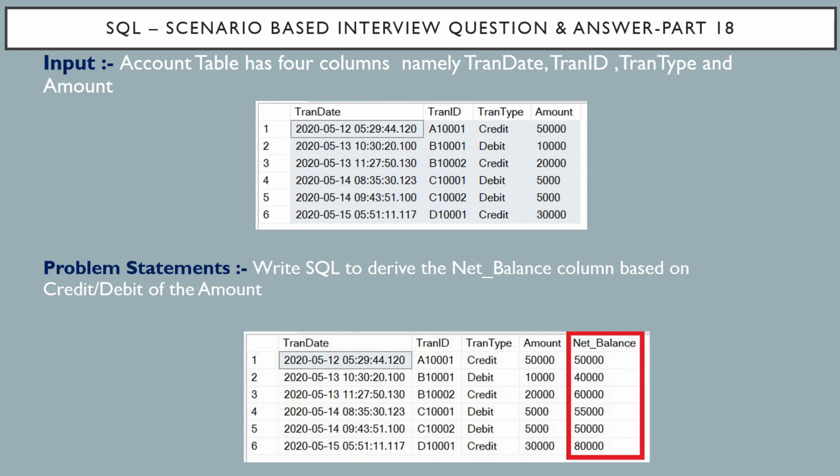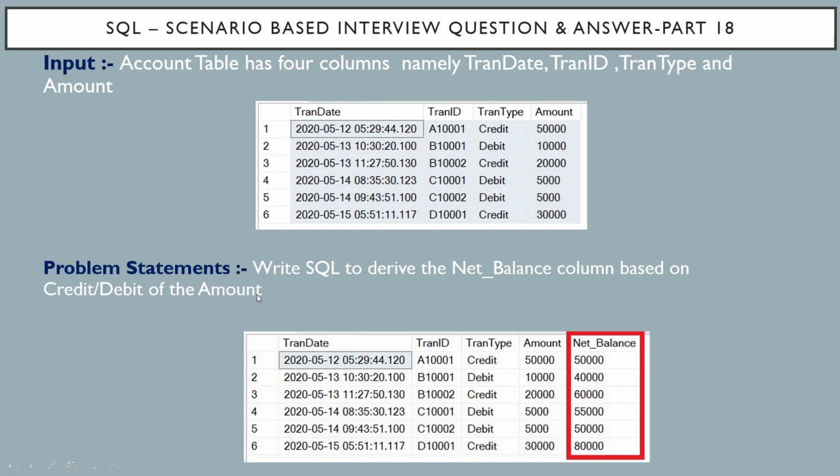In this video, I'm going to discuss scenario-based interview question and answer part 18. First, the input table. The Account table has four columns, namely transaction date, transaction ID, transaction type, and amount. Now the problem statement. Write a SQL query to derive the net balance column based on the credit or debit